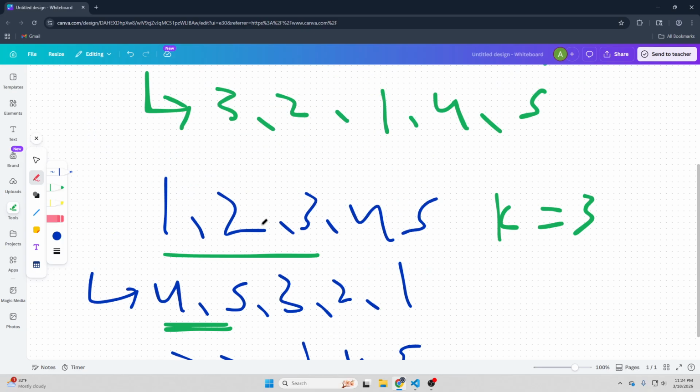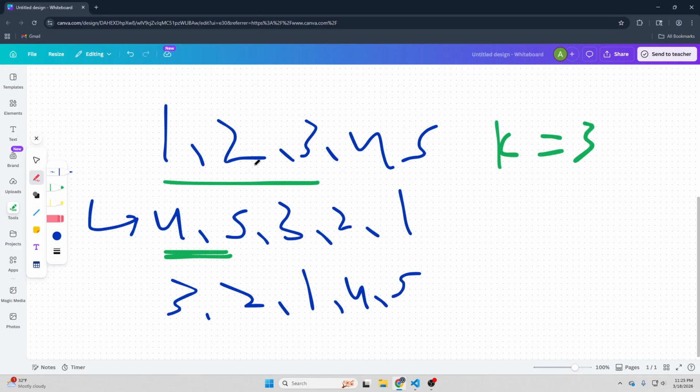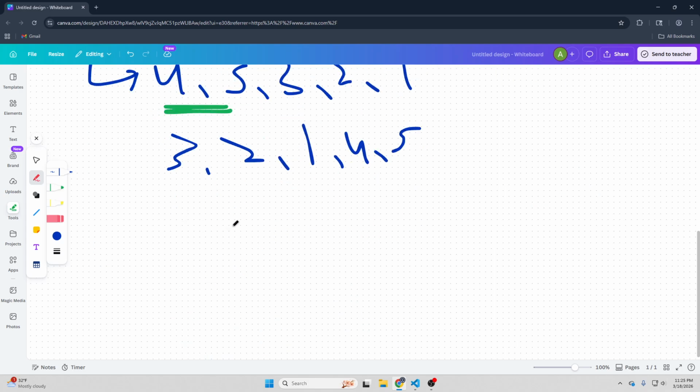So in order to reverse the first 3 elements and add them to the back of the queue in reversed form, the best way is by using a stack, because remember, stacks follow LIFO, last in first out, where the last element we add into the stack is going to be the first one out. So if we add the first 3 elements into a stack, and then remove all the elements in that stack and add them back into the queue, it's going to add them into the queue in reversed order. So if we take the first k elements, 1, 2, 3, and add them to a stack,